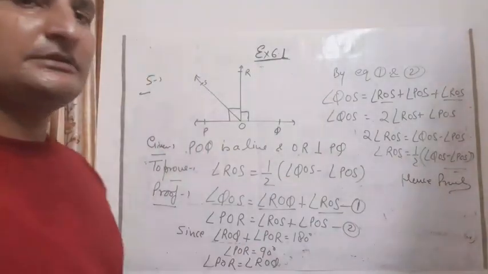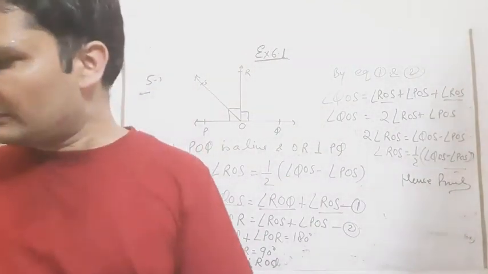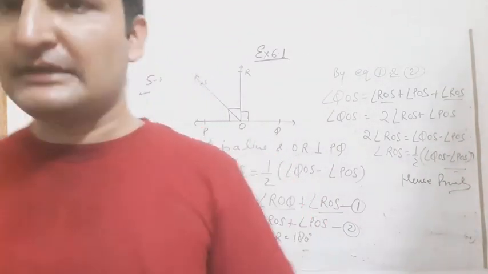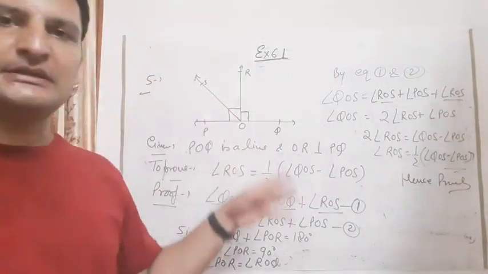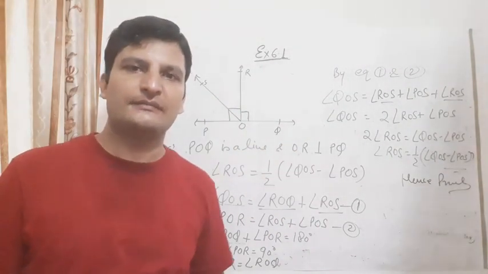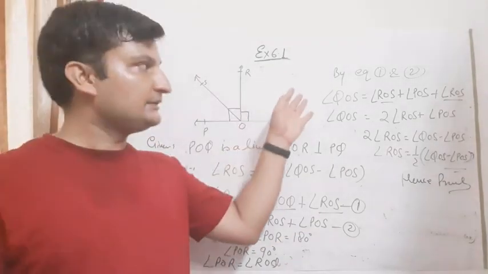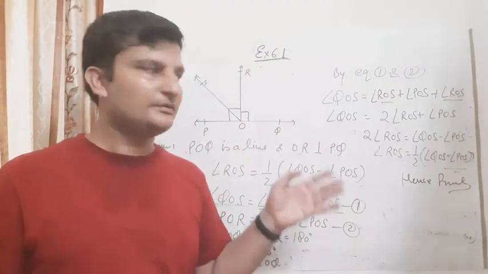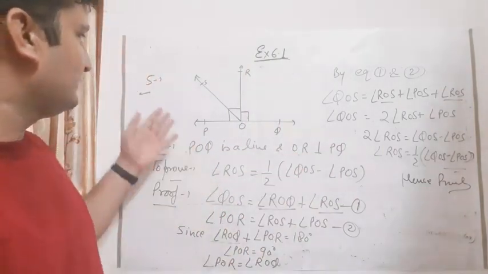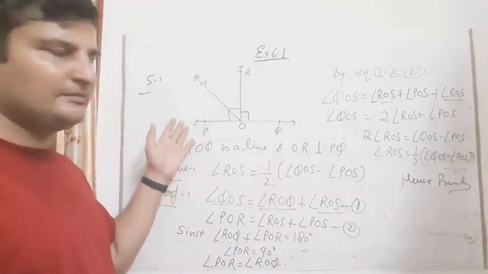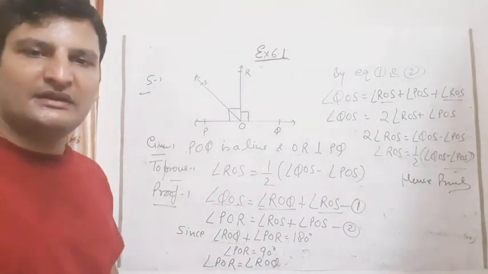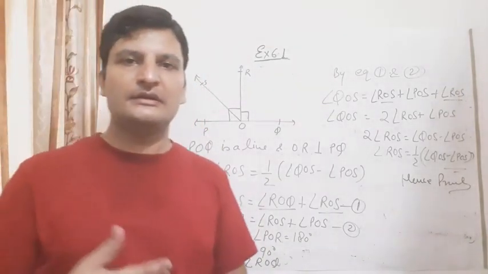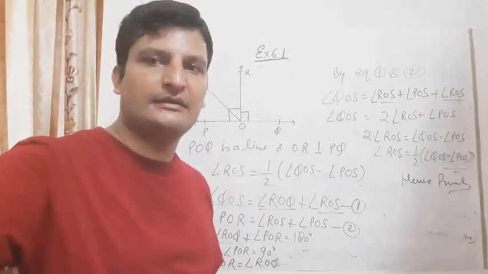Students, now do these questions in your classwork notebook, and one question is left, question number 6. Try it yourself, and then after that we will start exercise 6.2 and do these questions again and again. You have to revise these questions again and again, because these types of questions are proof questions. We have to prove it, so we have to find it. This fifth question is very very important from the exam point of view also, and first, second, third questions are very very easy questions. Do them in your classwork notebook, revise and practice them again and again. Thank you.